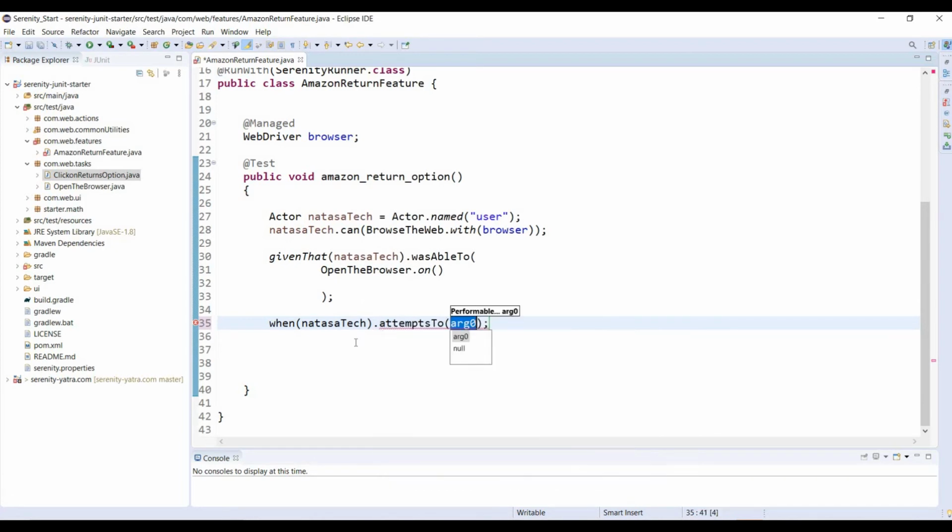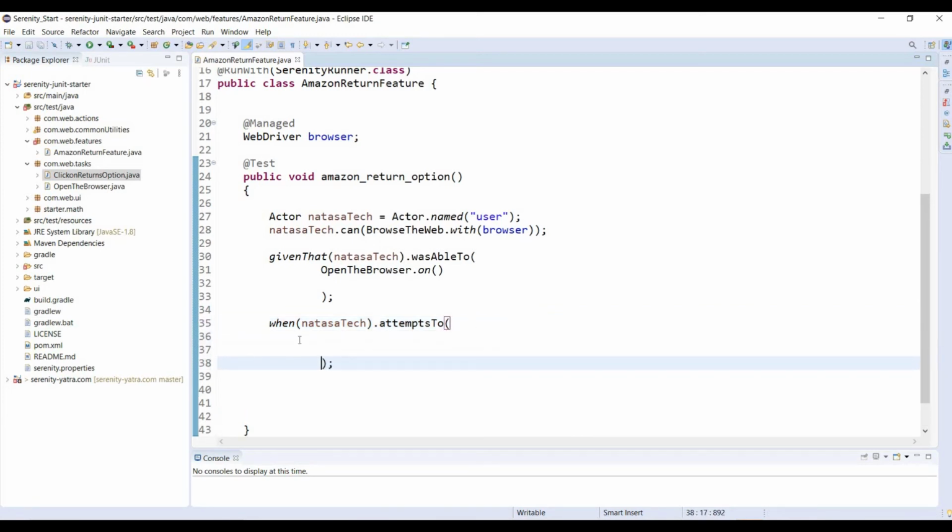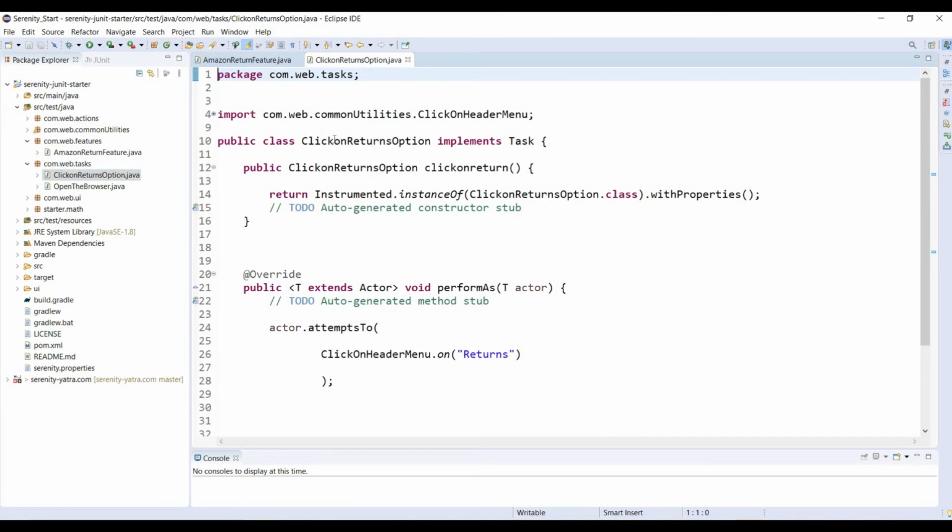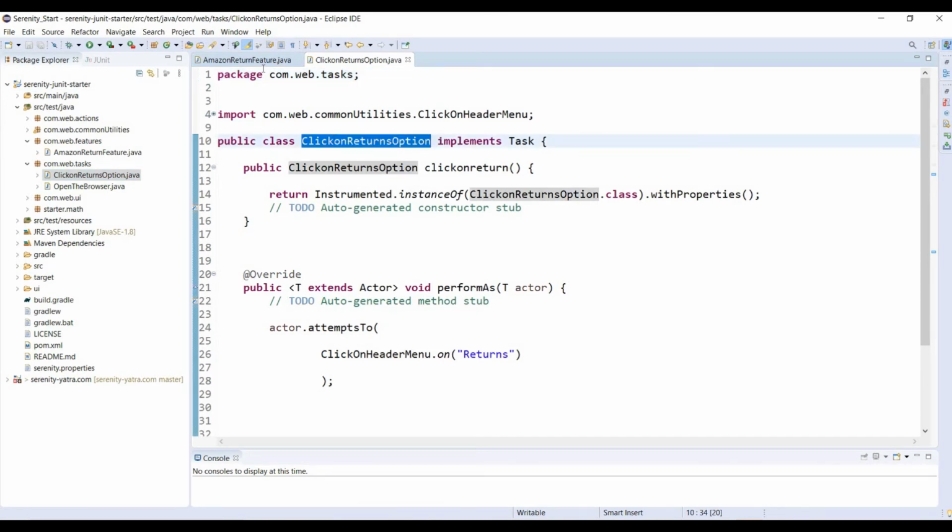After launching the browser, the actions we handle inside the web application are called tasks in Serenity BDD. So here, what is the task we have to call inside the when method? Click on returns option, right? So I just copy this class.